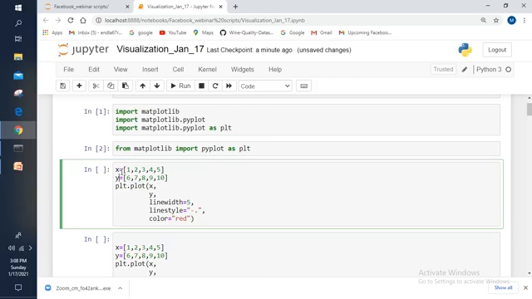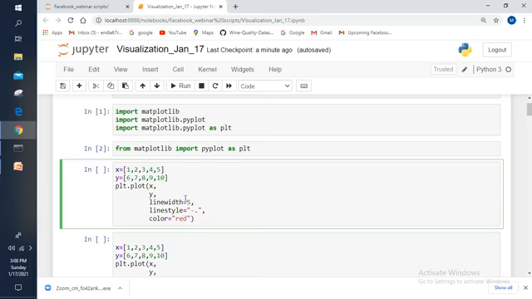I am passing these two variables x and y through the plot function, and I am using some more parameters which are available in the plot function. I am specifying the line width as 5. How much line width you want, based on that you specify the line width. And I'm specifying the line style as well. I don't want a straight line, I want a line with dots and hyphens. I specified the line style which I require. After that I specified one more parameter, that is color. Here I mentioned a red color. Whatever color you want, you need to mention that color.